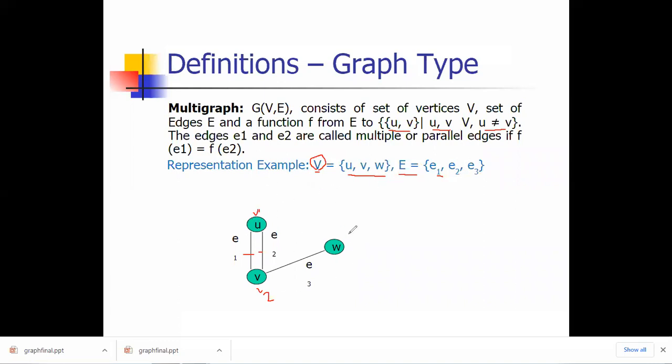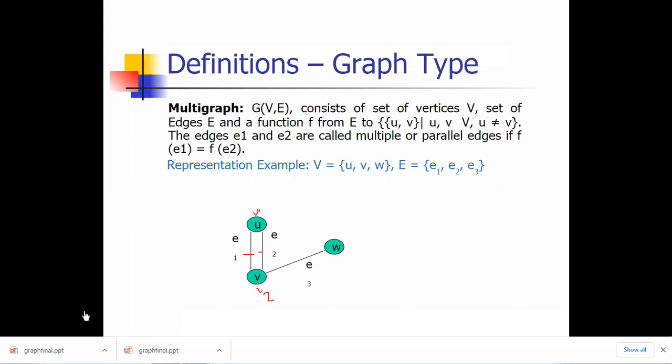We are not just drawing the graph and connecting vertices to each other. It's not like that. You have to represent it in a technical way. Is it clear to all? This is the representation of a multigraph, graph and simple graph. I hope everyone is clear on that part. Okay, so the next part we are going to focus on.